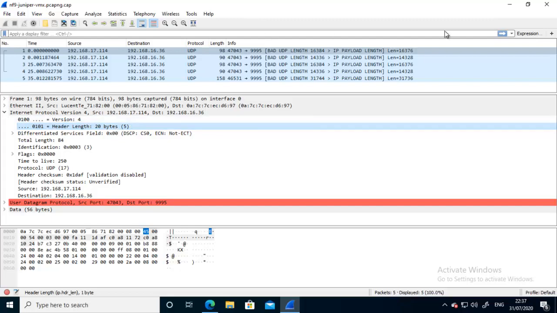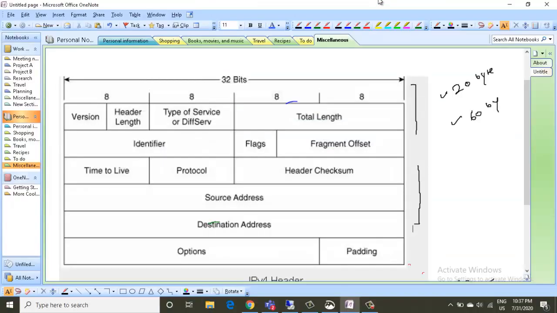Look, the header length field is 4 bits long, sorry, not 4 bytes. So these are the 4 bits, correct? And how many binary combinations will you get in 4 bits? From 0000 to 1111, which is 15 in decimal, and this is 0 in decimal. So in actual you will get only 16 combinations, but my minimum requirement is 20, correct?